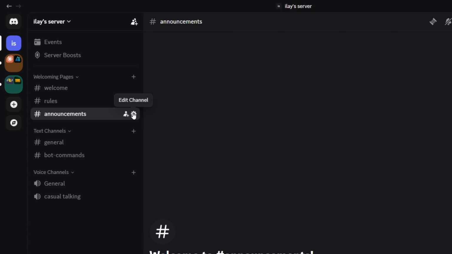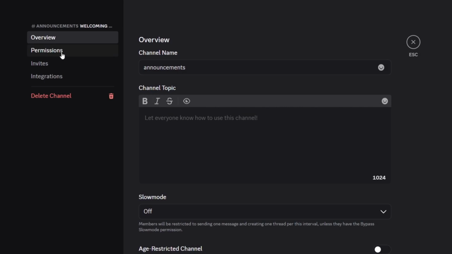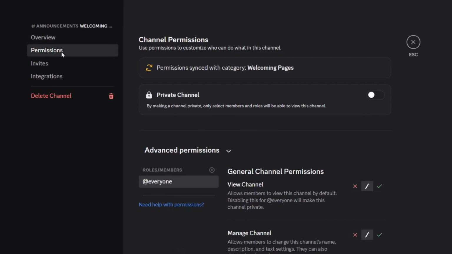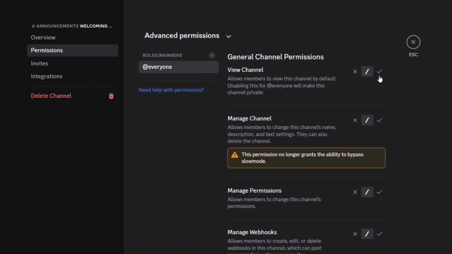So you can do so by clicking on this little gear icon that says edit channel. Then let's go on over to the permissions tab. So here you have the permissions everybody else has by default, and we can also add specific permissions for specific members or roles. So say we want to make this a view only channel for everybody else, then let's click